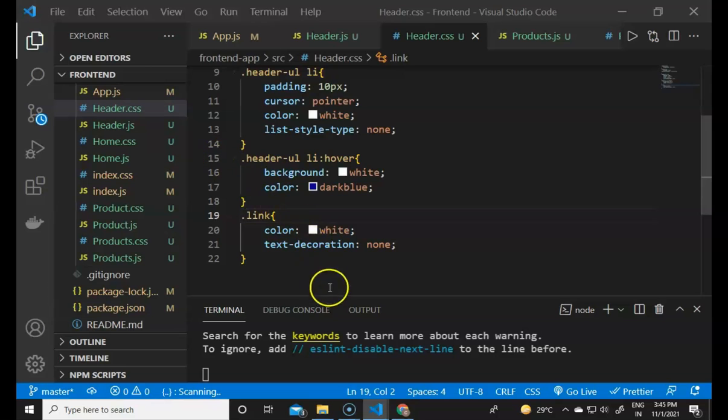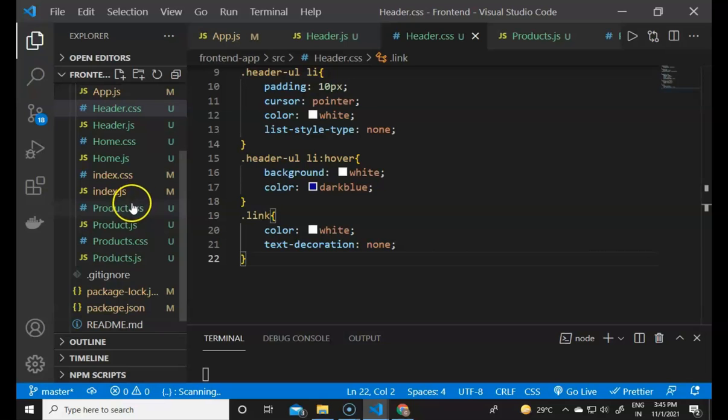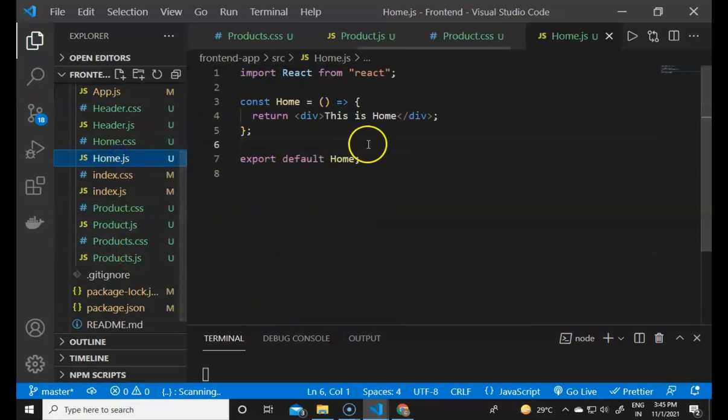Now we have to implement the add, delete and update operations with that. For that we have to provide multiple routes, but we will do it later. Now in the home component, we will create a form for the add component. It will add the products to the database. So now we will implement the add product to it.